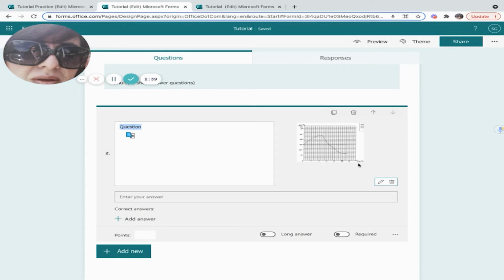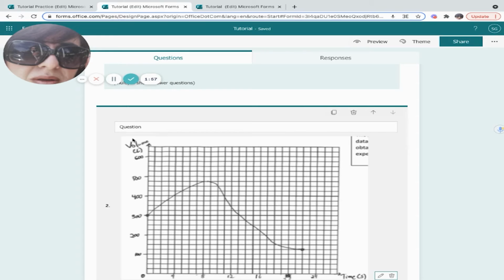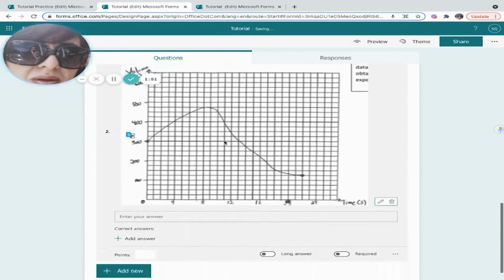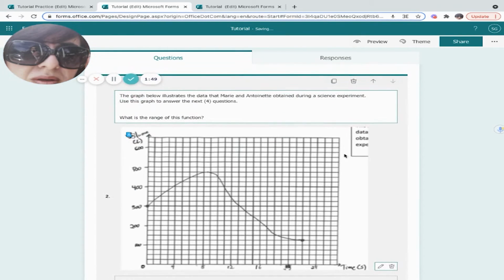So if I wanna customize the graph, I simply click on this little pencil so that I can edit it, and then I can leave it small, make it really big. Now that I'm satisfied with the size, I can put my instructions, and I have my question.